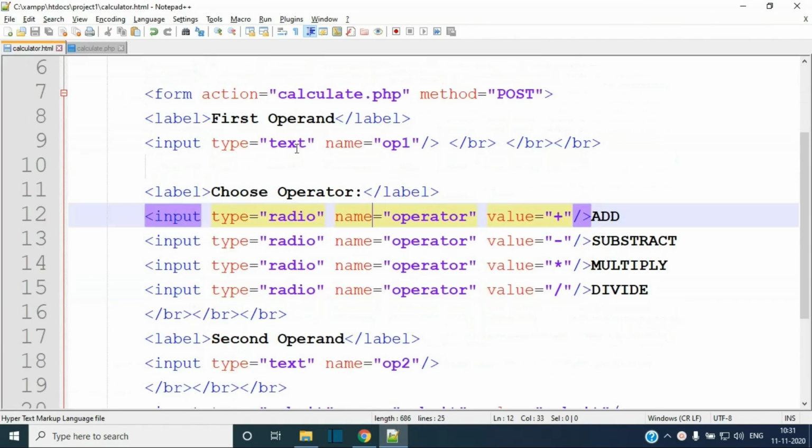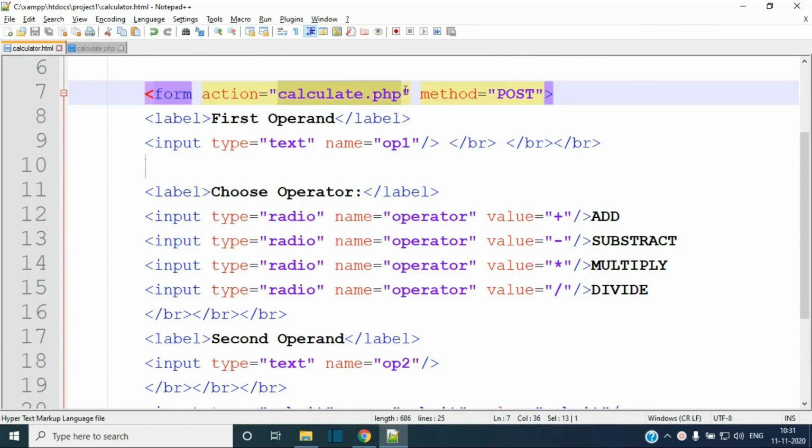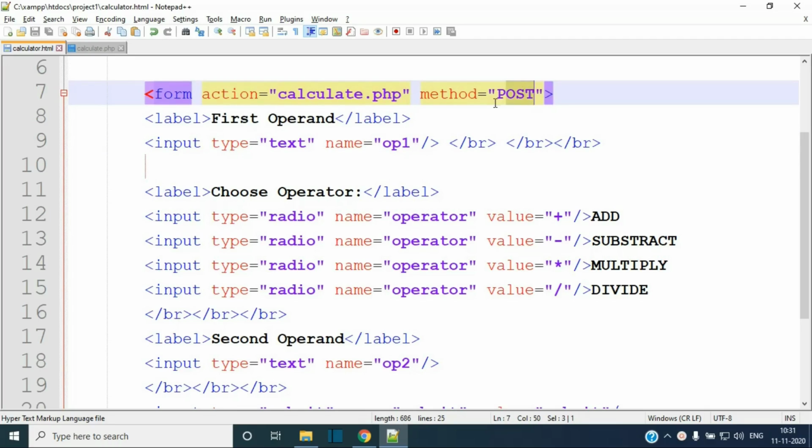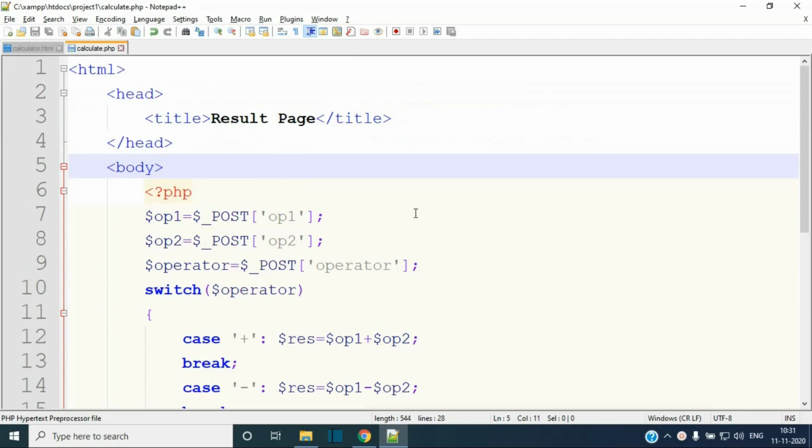Now let us see how to write this calculate.php. So all the form data here, that is two operands and one operator, upon submitting the form, will be sent to calculate.php over the post method. So how to write the calculate.php? So here is the calculate.php